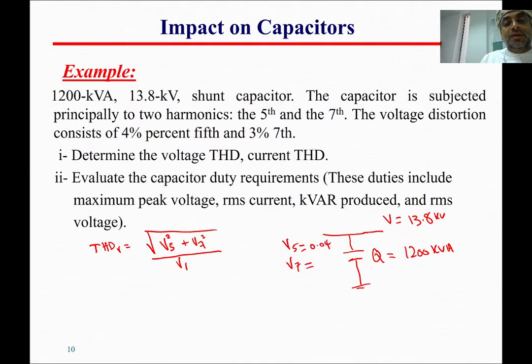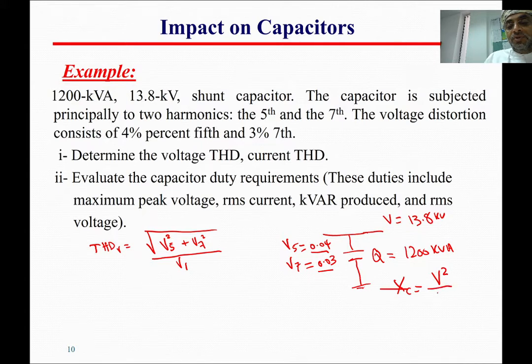This one is given as 3%. Of course, this is from the fundamental component. So 4% of the fundamental, which is 13.8, 0.03 of the fundamental, which is 13.8. Okay. Now for the current, we know that we can find the reactance of the capacitor by dividing the rated